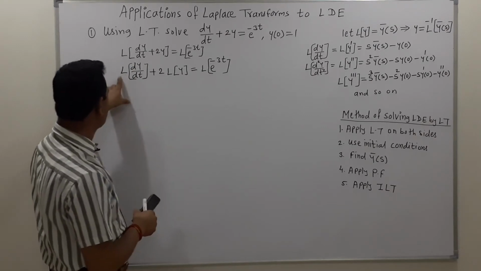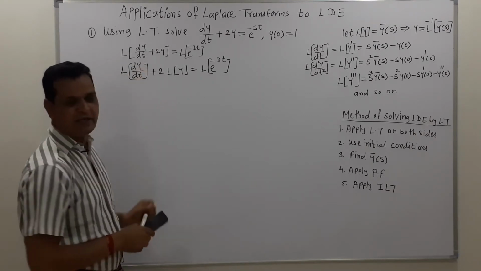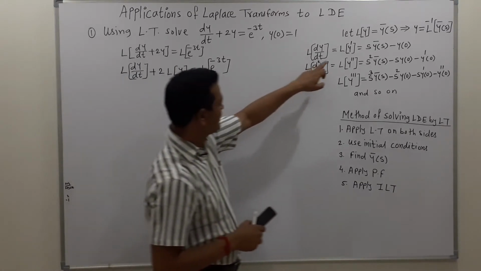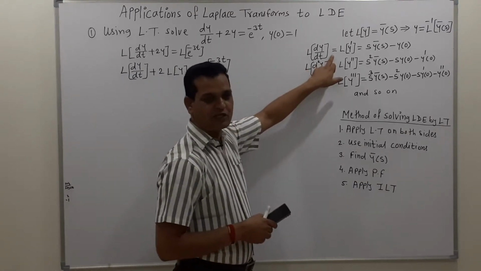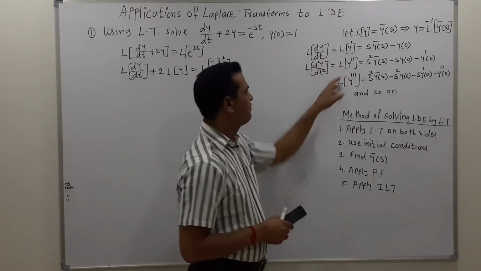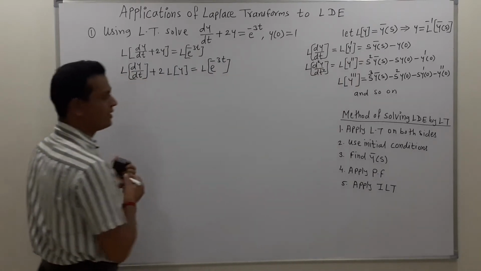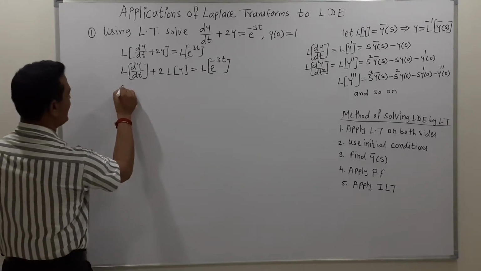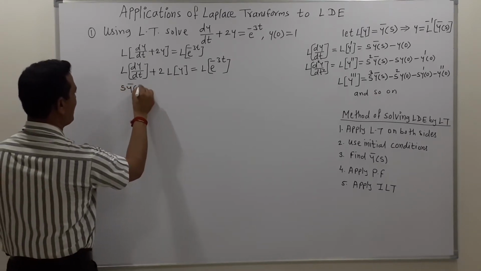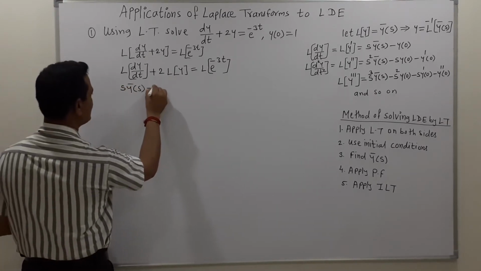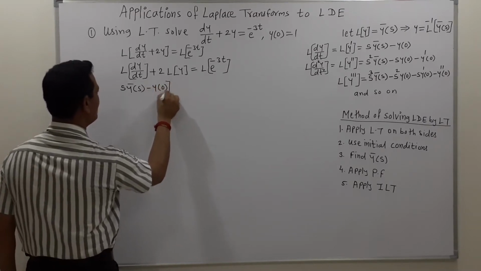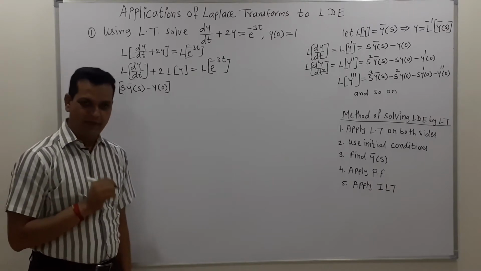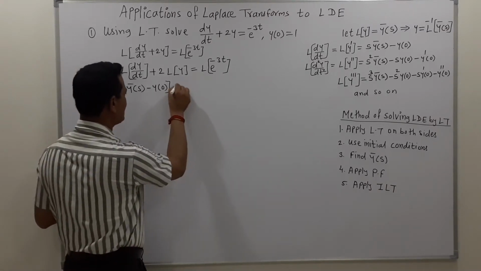So we know that this is Laplace transformation of dy by dt, that means first derivative of y with respect to t. So this result is the same as the Laplace transformation of y dash. So according to the Laplace transformation of derivative result, we can write this as s into y bar of s minus y of 0. So this is the value of Laplace transformation of dy by dt, then plus 2 times